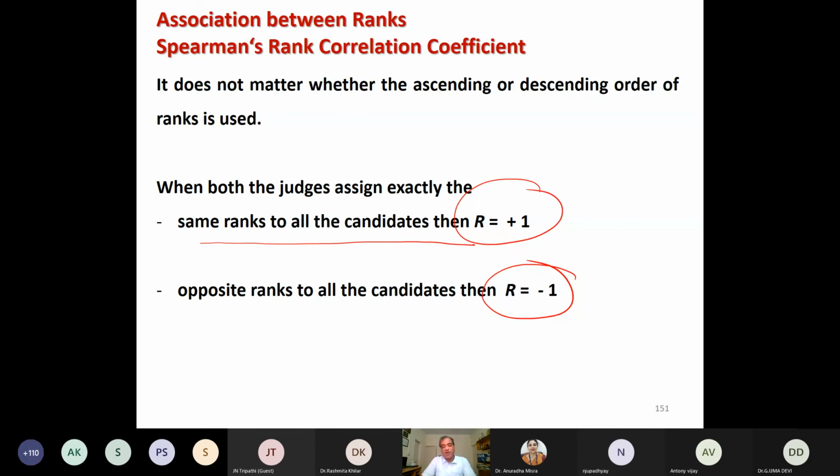And if the sign is positive, that means both the judges are working in the same way. Means good student, good marks; bad student, bad marks. But in the case of minus, good student, bad marks; bad student, good marks. And then the magnitude is trying to say what is the degree of association between the ranks of the